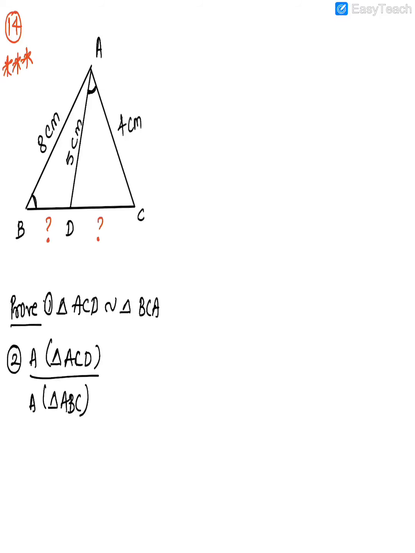You can see BCA. So again, I think you must have made out already how to prove them similar. Two angles are already given equal, and this angle is a common angle in both of them, angle C. So angle C is there in small triangle as well as big triangle. So guys, try it on your own, the whole problem. You'll prove these two similar by what test? AA test of similarity. What is ACD upon ABC? The ratio of the area.